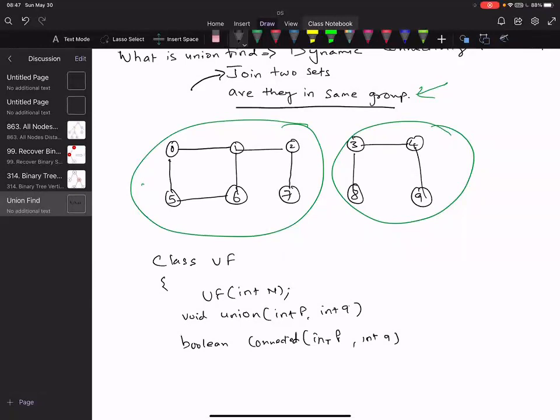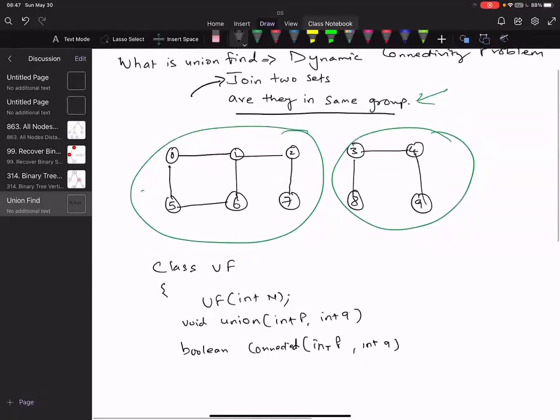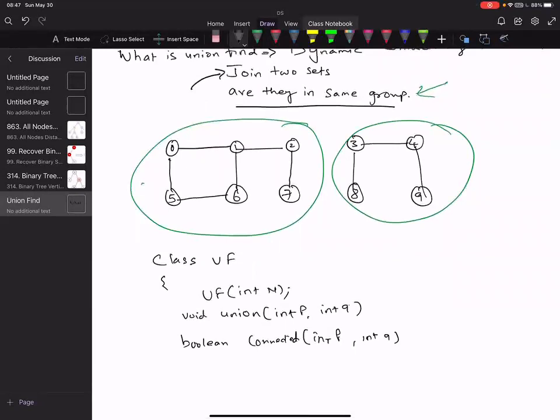So yeah, this is all about theory. Just one difference: although this problem can be solved as a graph using DFS, a graph gives one more extra thing that we can't find using union find, and that is a path.